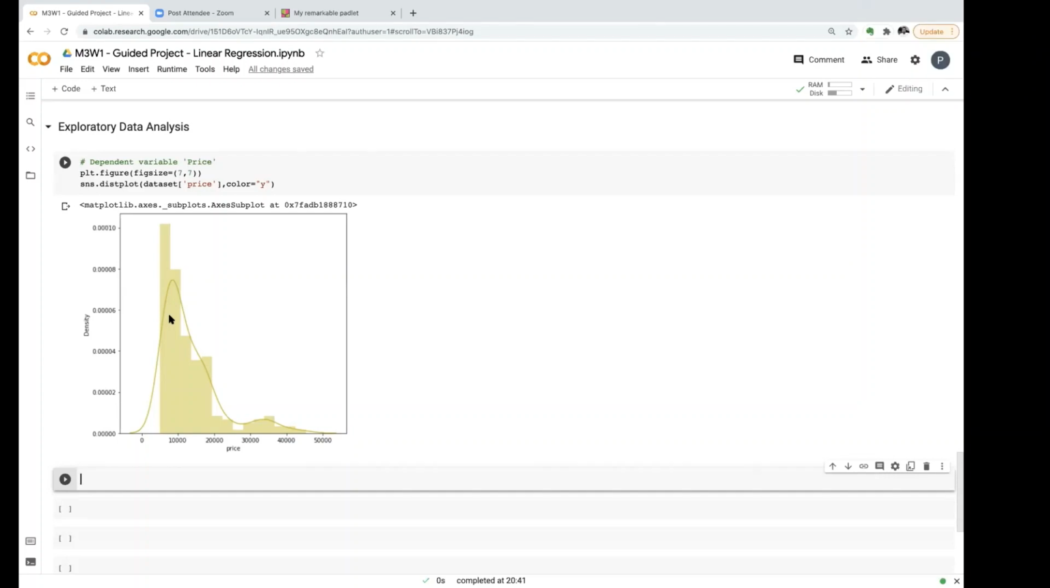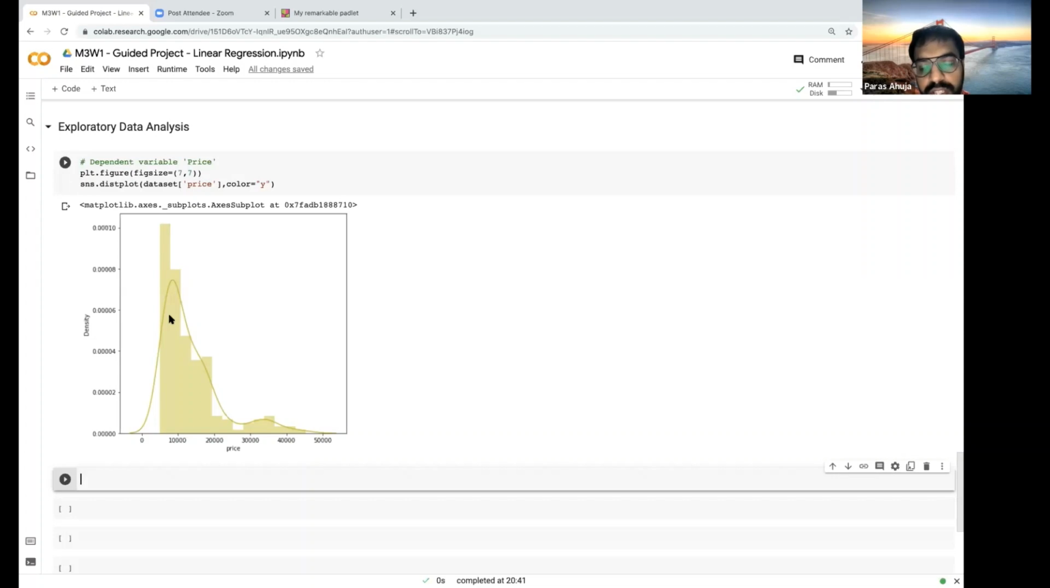When it is highly right skewed, when it is highly positive skewed, then we go for inverse. When it is moderately skewed, then we go for